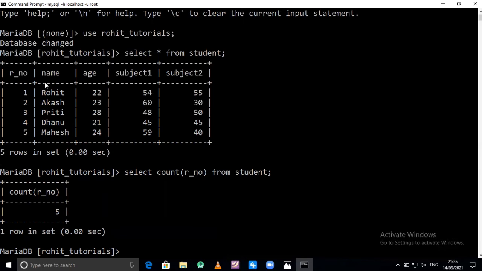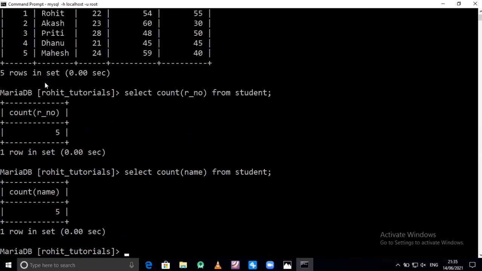The same command we can also use by giving the attribute as name. Press enter. We get the same output, only the attribute name is changed from roll number to name. So this is our first function, count. It will return the count of how many tuples are available in the table.